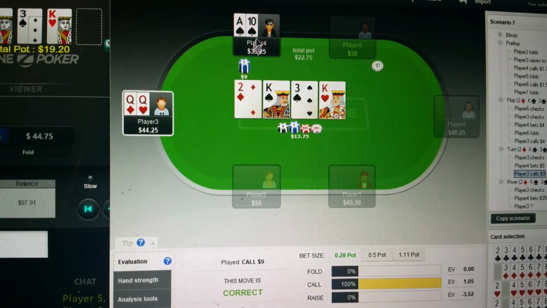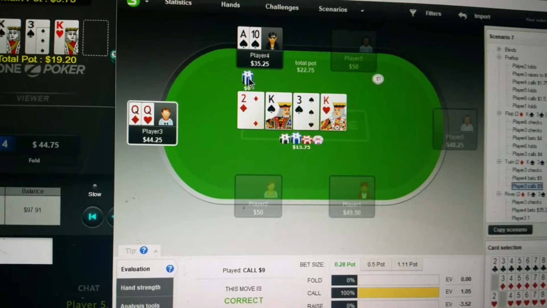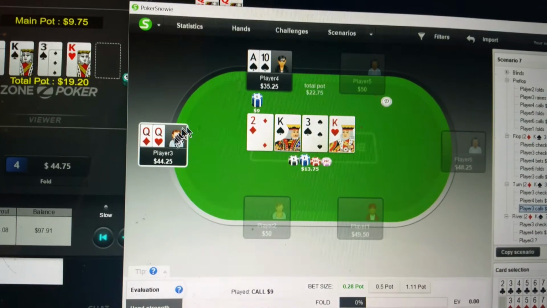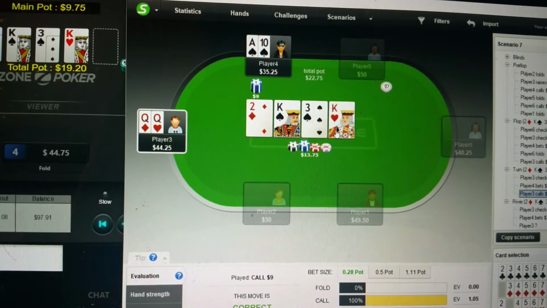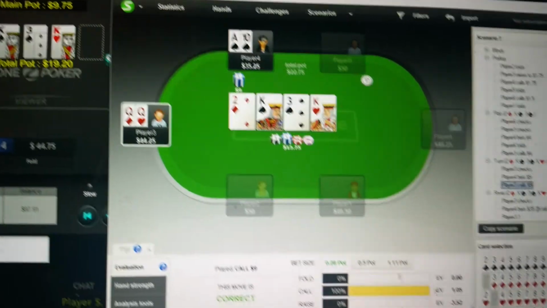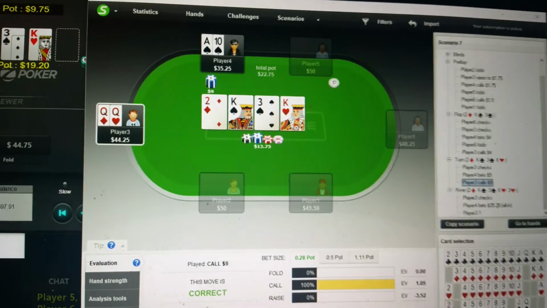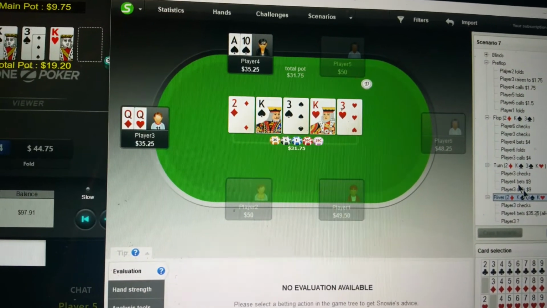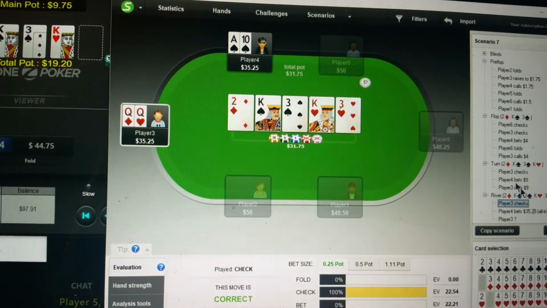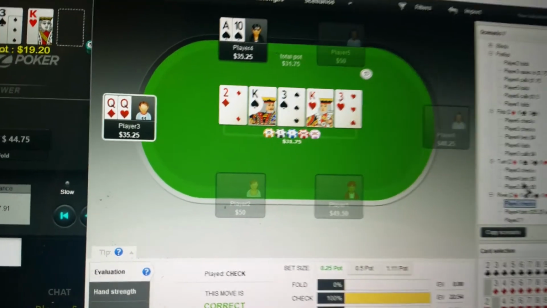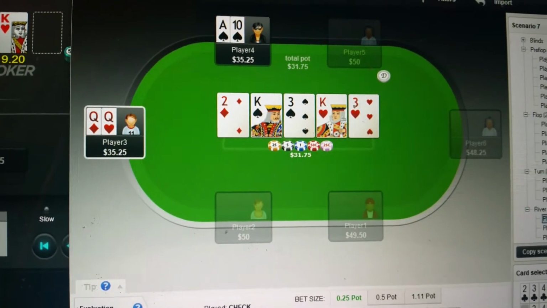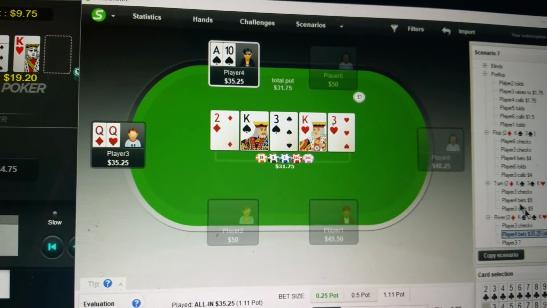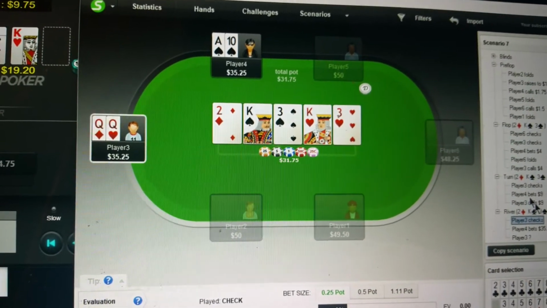So the villain bets $9, and I'm supposed to call due to the fact that it's very hard for him to have me beat at this point. So I go ahead and I do call in the real game, and the river bricks as a 3. None of the draws get there. Actually, there's only one draw. And player 4 goes. I check, which is correct.